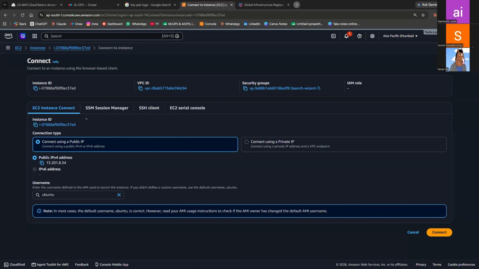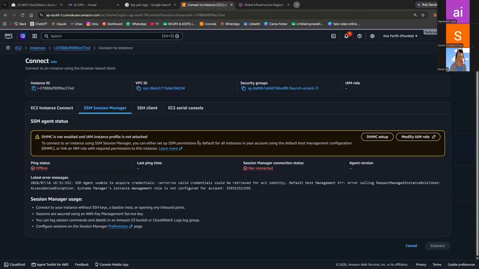But still, I see most of the organizations are also using this. Mid-level or startup-based companies will do this, but it needs to pass the security. I don't know why they are enabling. Even though enabling, there is no issue. So EC2 Instance Connect on the browser side will be using the public IP. Session Manager means AWS is giving an agent to connect inside this server.